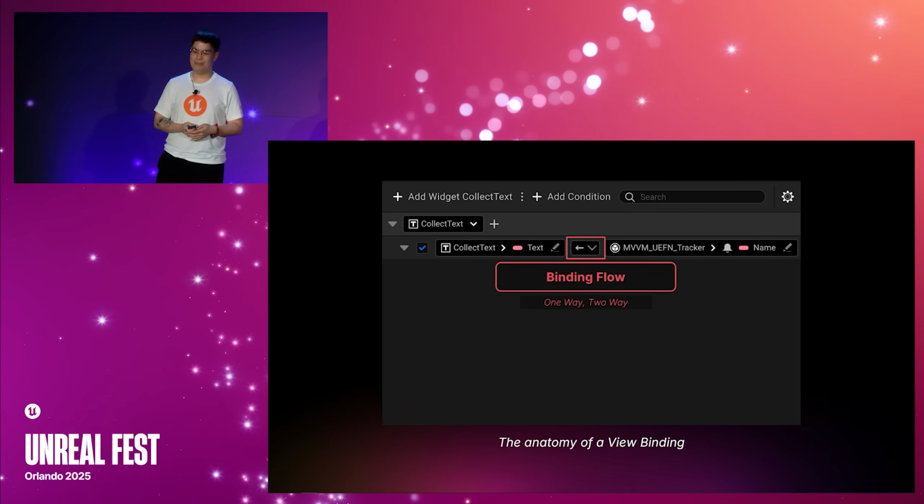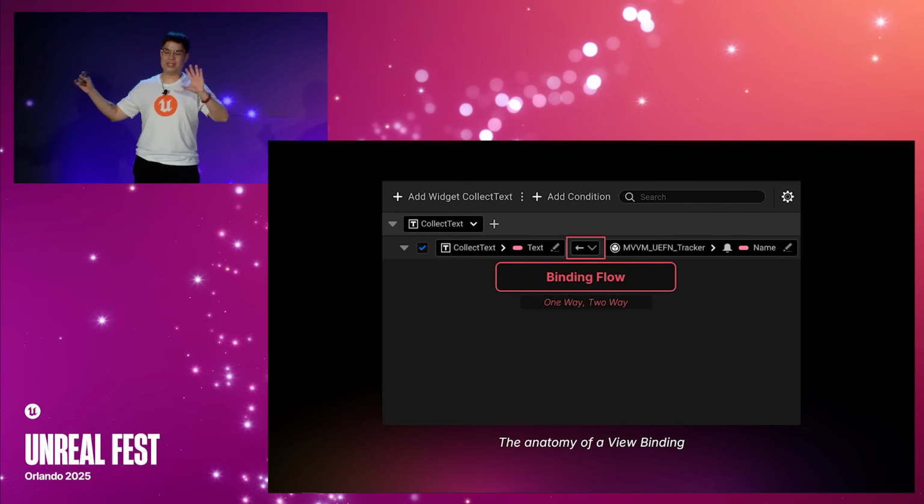Lastly, that middle arrow, binding flow. I won't be touching that as well, because that's another huge bucket of worms that requires a whole other talk to go through. So, knowing the basic concepts of these different parts of view bindings,